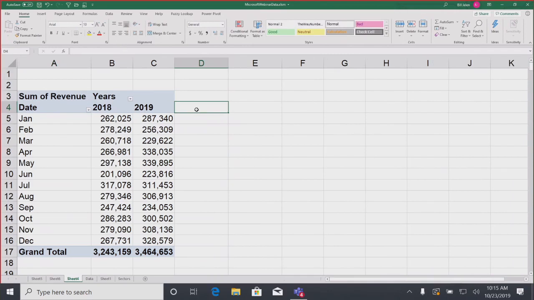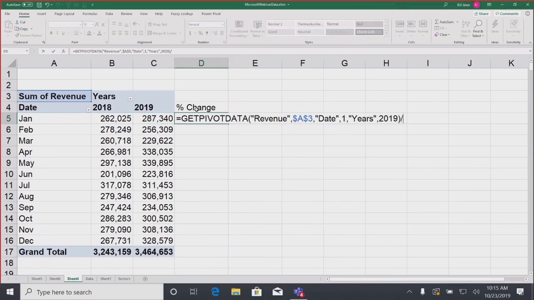I'm going to come outside of the pivot table and build a calculation out here, just a regular old formula that's going to show the percentage change. So that's C5 divided by B5 minus 1. Looks like we're up maybe 5% or so here. So equal sign C5 divided by B5 minus 1. And take a look at this formula. I used the mouse or the arrow keys to build that formula, and instead of C5, they put this stuff in, GETPIVOTDATA.